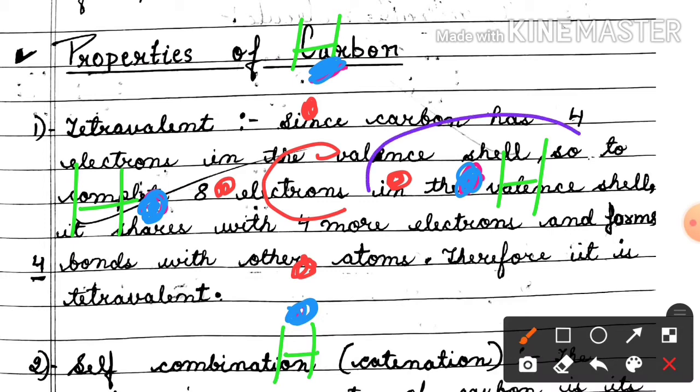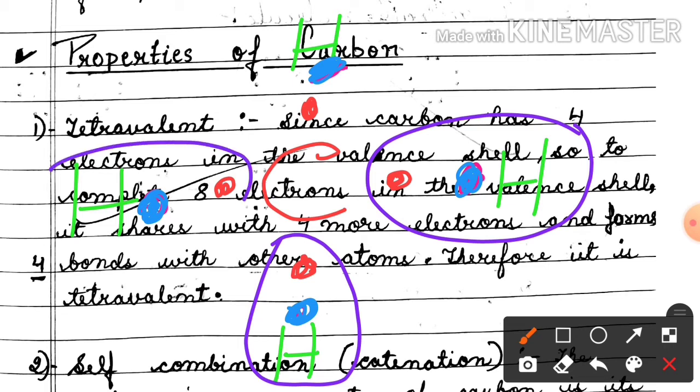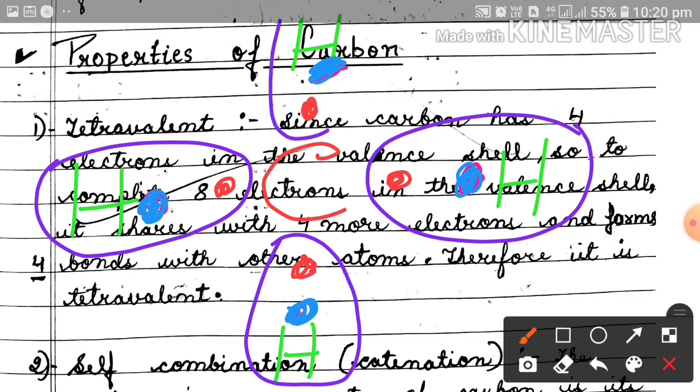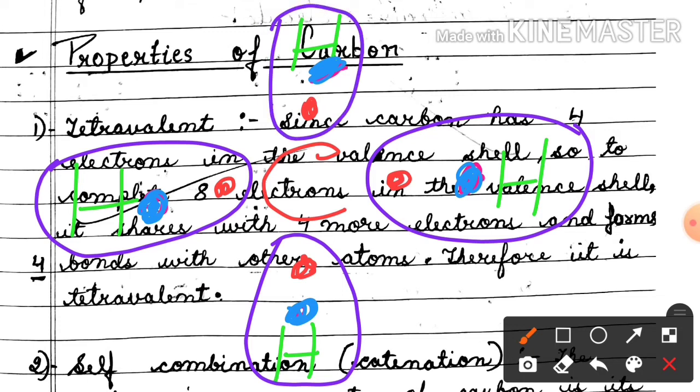This hydrogen will take the current of 1 electron from this carbon and acquire 2 electrons in the outermost shell and satisfy itself. Now this hydrogen also takes 1 electron from this carbon and tries to satisfy itself. This hydrogen also takes 1 electron from this carbon and satisfies itself. This hydrogen also takes the electron and satisfies itself. It means all the 4 hydrogens need 1 electron and acquire 2 electrons in the outermost shell, and the duplet completes and they become satisfied.